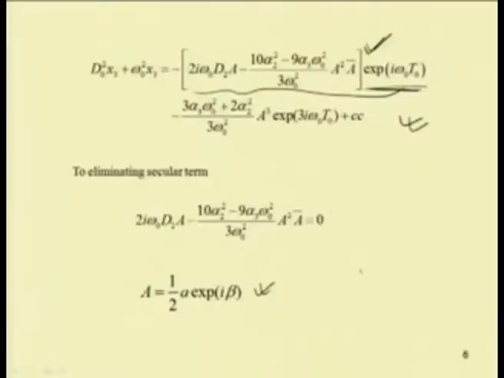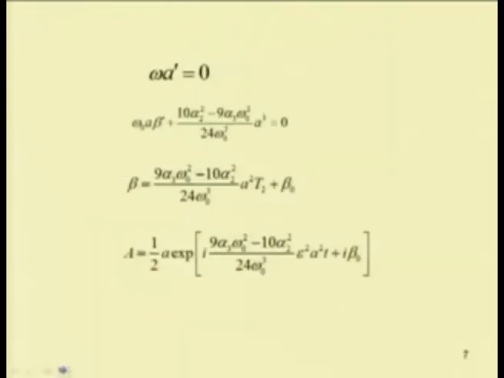Now substituting a equal to half a e to the power I beta, that means writing this a in terms of polar coordinates, one can substitute this in this equation and separate the real and imaginary parts. So, separating the real and imaginary parts, one can write a dash equal to 0 and omega 0 a beta dash plus 10 alpha 2 square minus 9 alpha 3 omega 0 square by 24 omega 0 cube a cube equal to 0. And from this, integrating, one can find that a is a constant and beta will be equal to